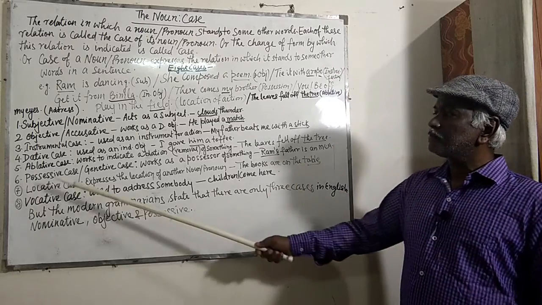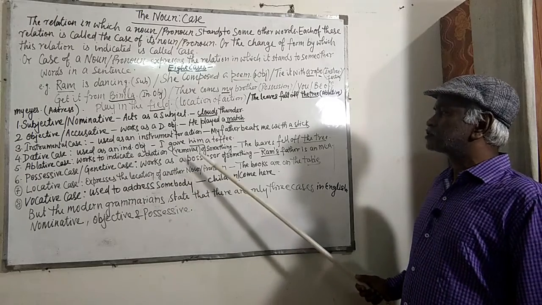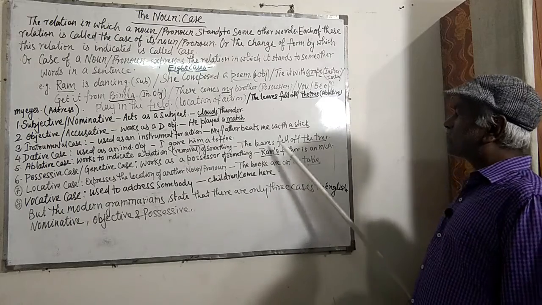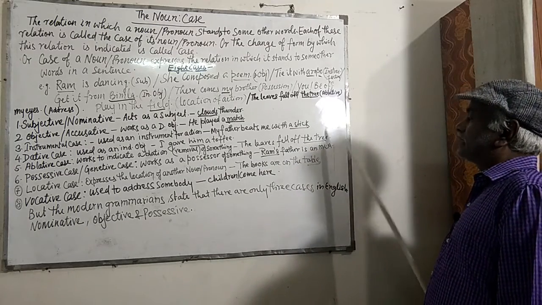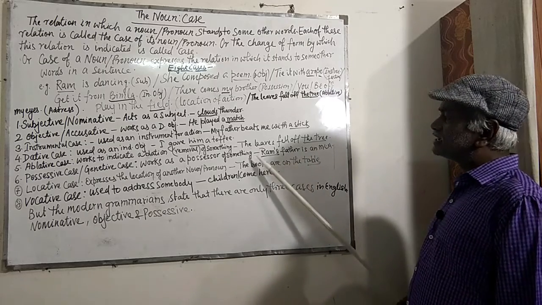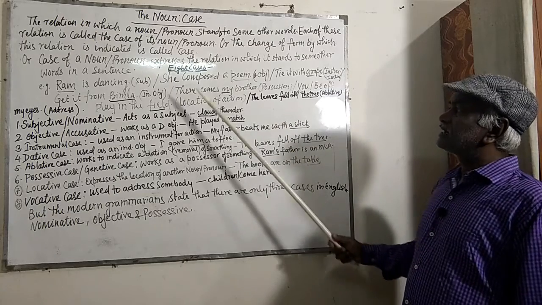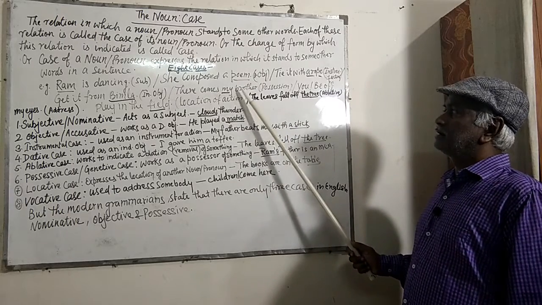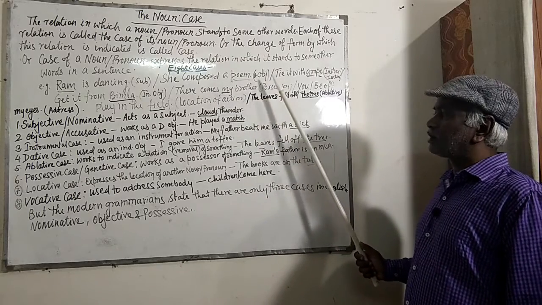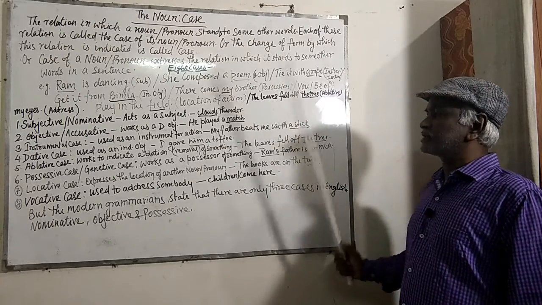And next one is possessive case or genitive case. It works as a possessor of something. For example, Ram's father is an MLA. Here Ram's is acting as possessor of something. Similarly, when I say there comes my brother, my is acting here as a possessive pronoun, a possessive adjective, and shows possession of something.